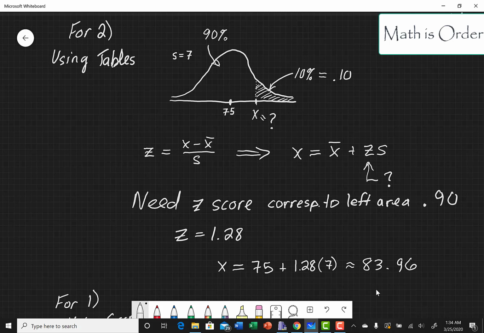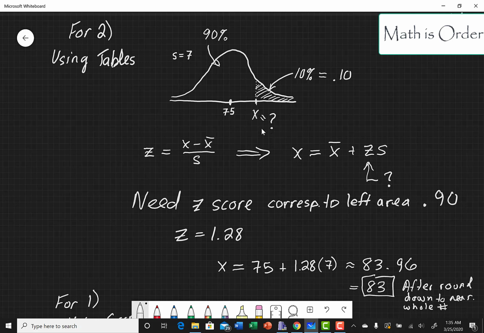All right, and if they ask you, they're going to ask you to round down, right? That's unusual to ask to round down, but that's what they ask sometimes, is to round down. So this is the answer after rounding down to the nearest whole number. All right, so here's our final answer